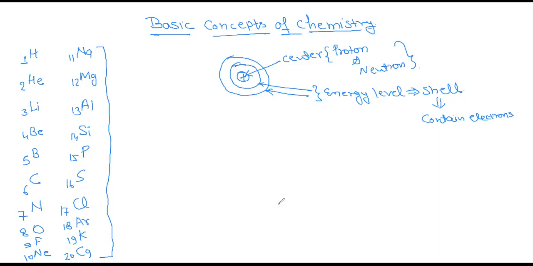Now, whenever we discuss electrons, protons, and neutrons, you can generally understand the three things. An atom is formed mainly by three subatomic particles. The electron is present in the different energy levels, which are called shells. The second and third are the proton and neutron, and they are present in the center of the atom, which is called the nucleus.